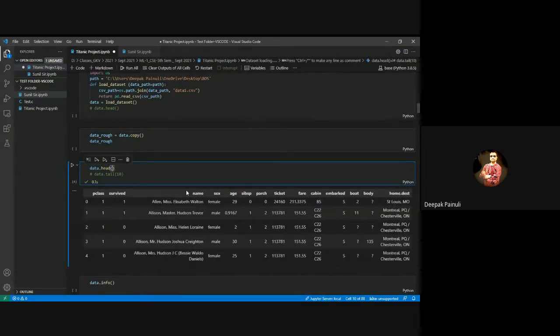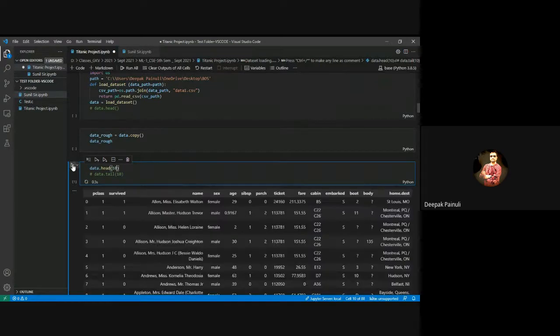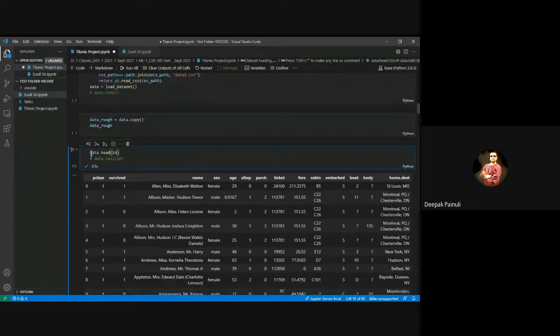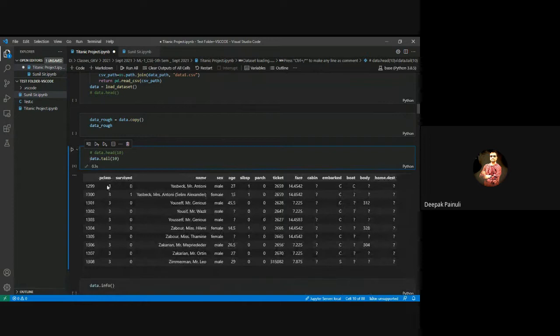And if you put 10 here, it will give the top 10 values. In the same way, you can use the tail function, by which you can get the bottom instances of your dataset, right?